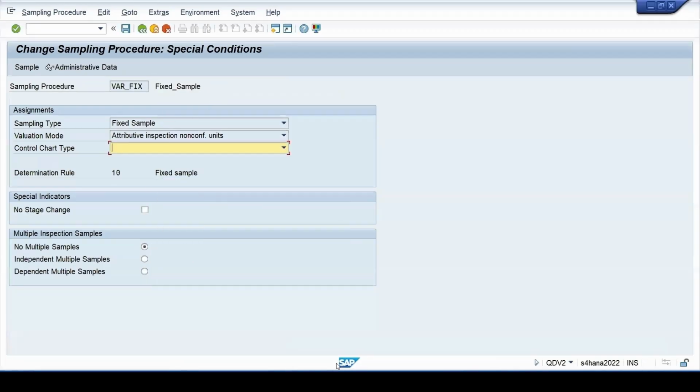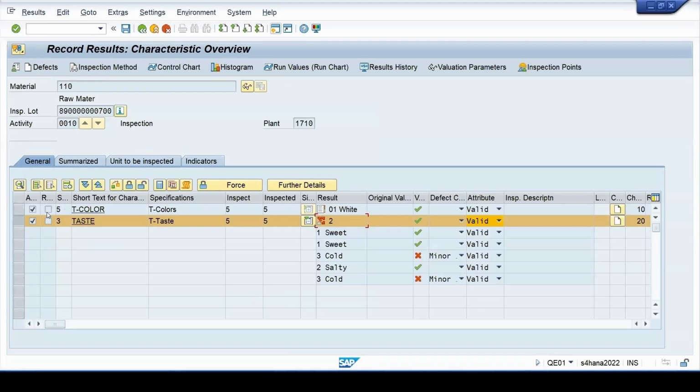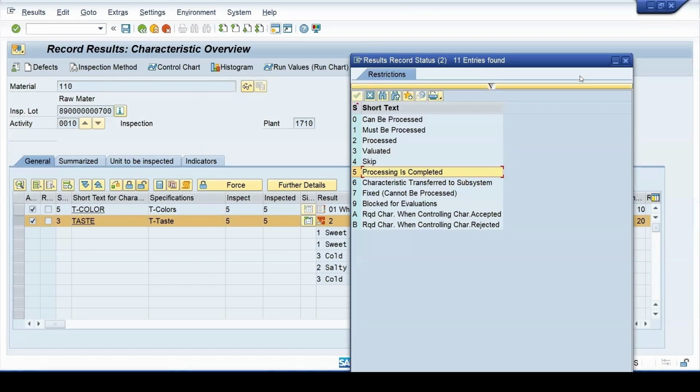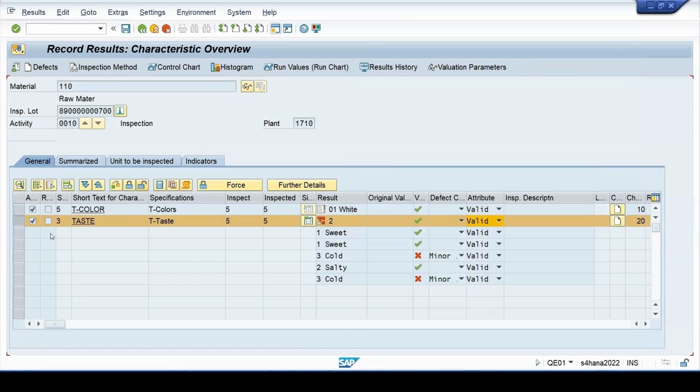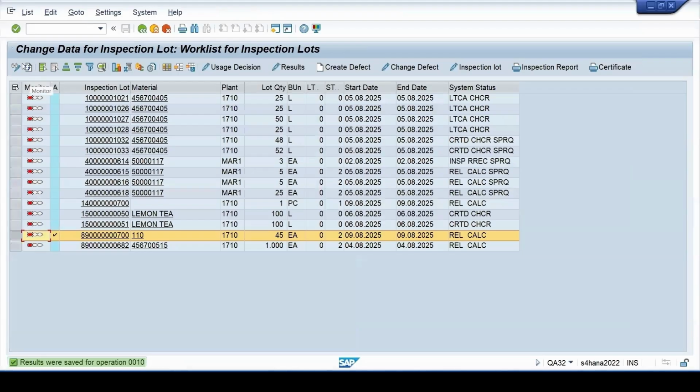Correct. That's why the status was 2 only, that valuation was not coming automatically and not evaluated automatically. First, I have done the valuation. Then I have to close the MIC because it is at present open still. Present status is 3. Let me save this. Refresh it. At present the status is released and calculated. Let me refresh it. So the status has been changed to inspected.